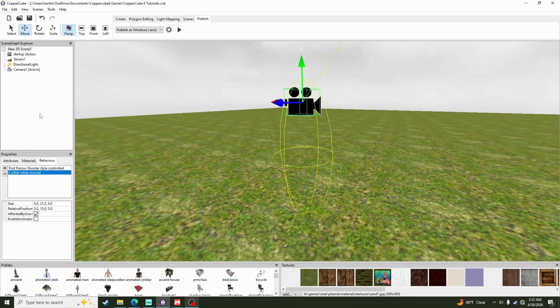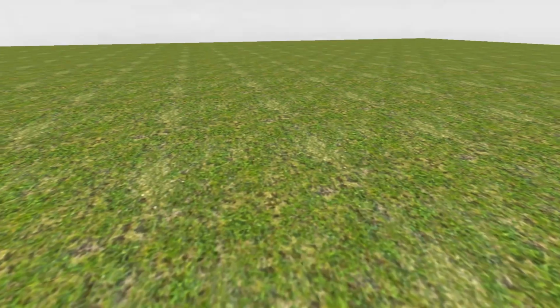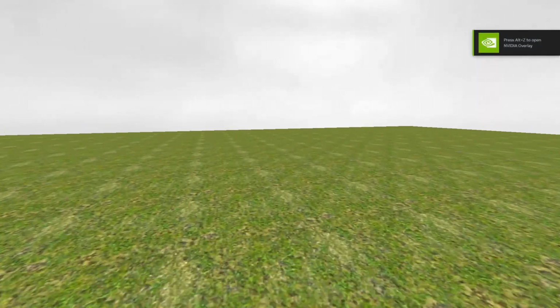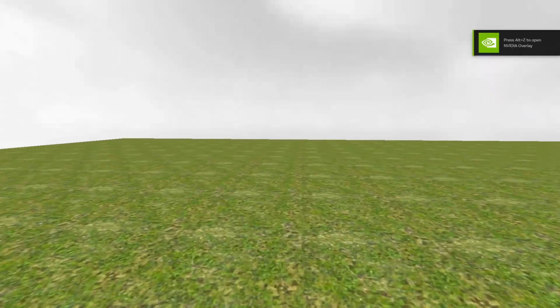Obviously keep affected by gravity on. I never really do enable inclination either. So now we'll test it, and it should seem a lot more normal. You can see I'm way taller, and yep, I got a normal movement speed, a small jump, but the gravity still seems very off. Now what you want to do to fix that is actually go up here to the